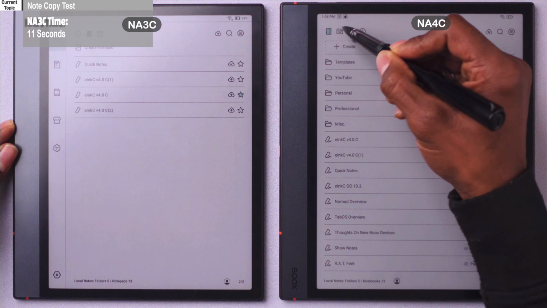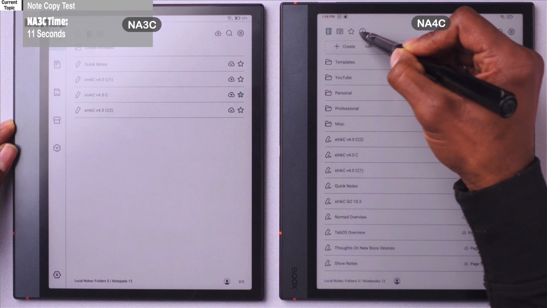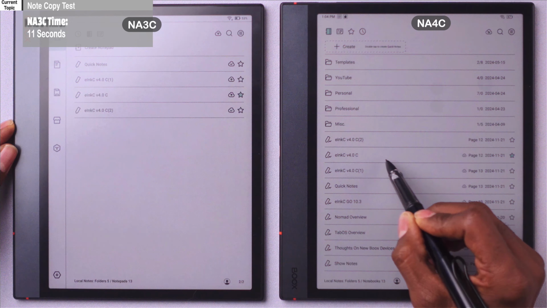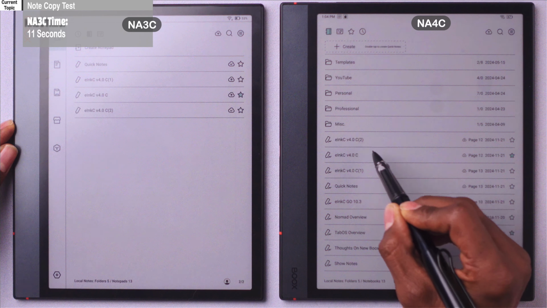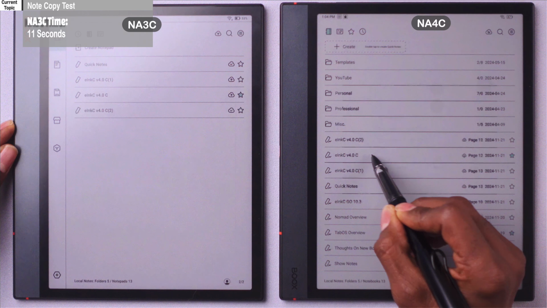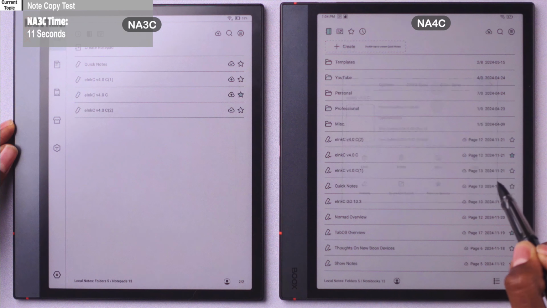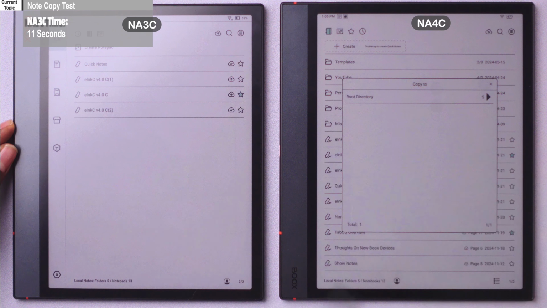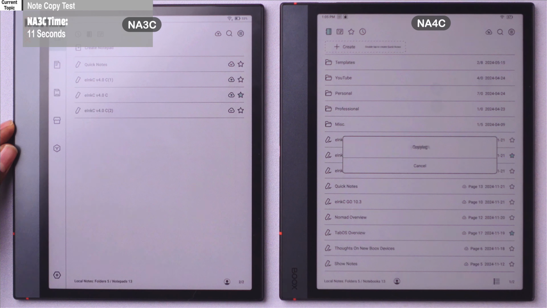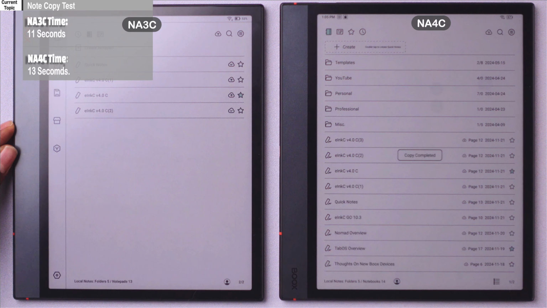So we're going to do the same thing here. We're going to take this file right here. That's the same file, and we already got a version 2 right there. But when I recreate it on here, we should have a version 3 there, copy number 3. So we'll just copy that there. Okay, so I could be wrong there, but it seems to go a lot faster on the Note Air 4C